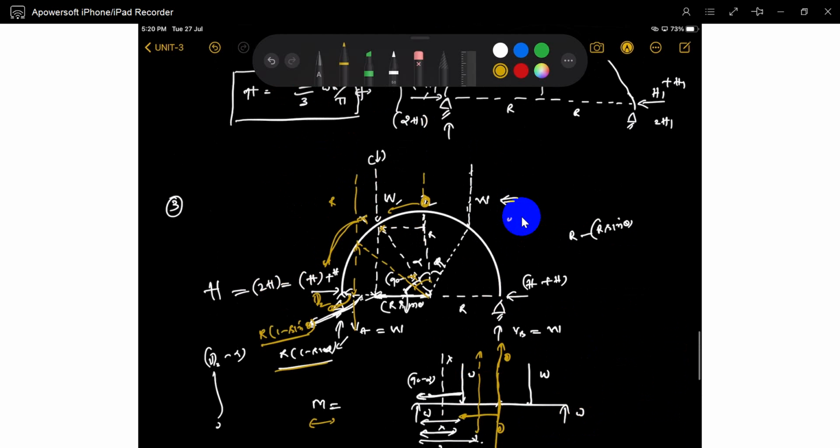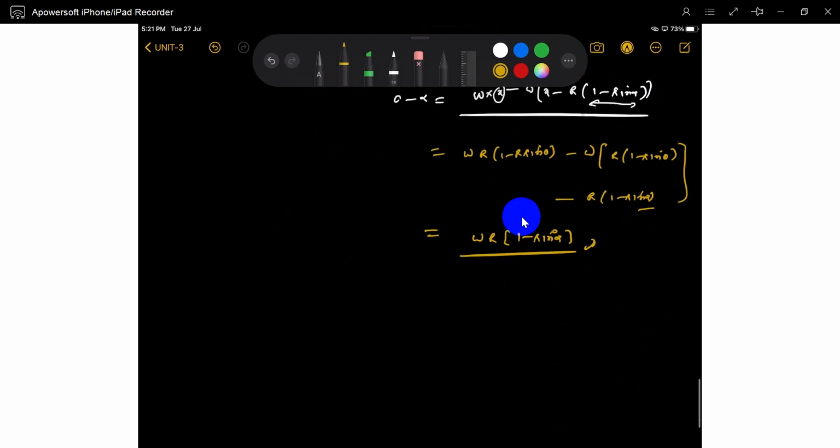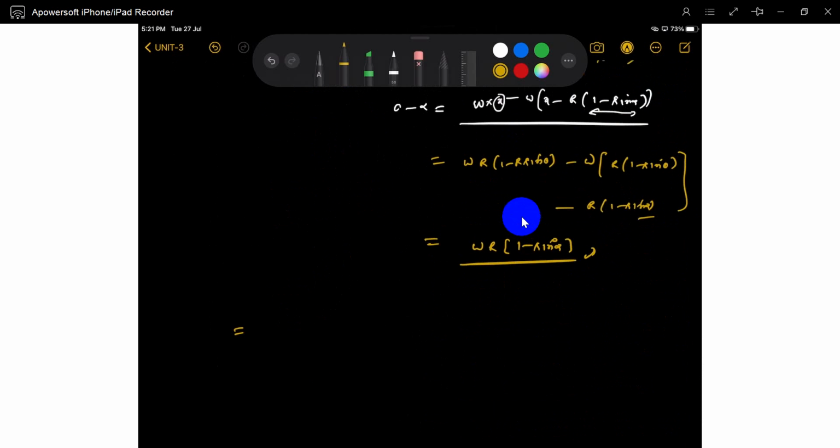Y is the same thing. Y is this semicircular arch. You will know what y square is. What is y square? You will get pi by 4, otherwise you will get r cube pi by 4. Directly you know it is pi by 4 because we will get r square sin square theta r d theta. So r cube pi by 4 you will get. This value we already know. So only the top value. Now we will see the integration.